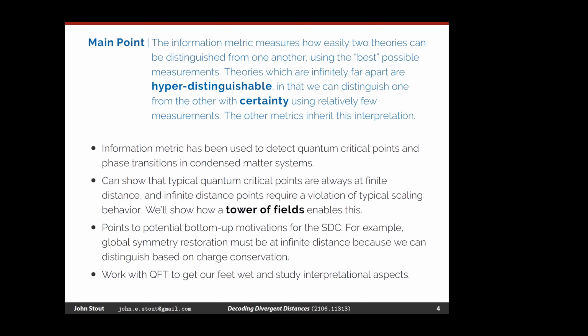Whether there are quantum critical points in condensed matter, for example, that are able to realize an infinite distance singularity with a finite number of fields is a question that I'm also quite interested in understanding. Looking at the literature, there have been studies of these kinds of atypical theories, but it's not quite clear whether those are